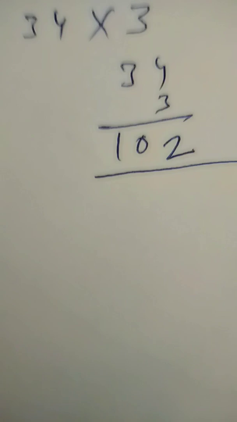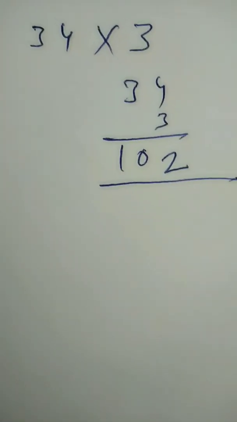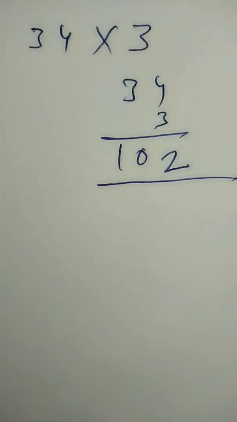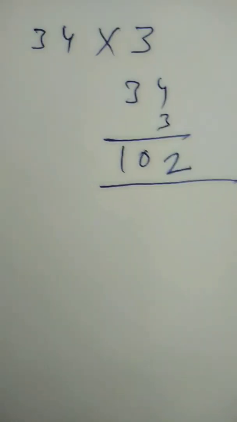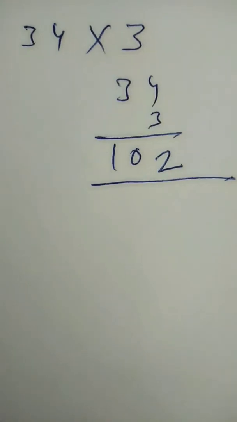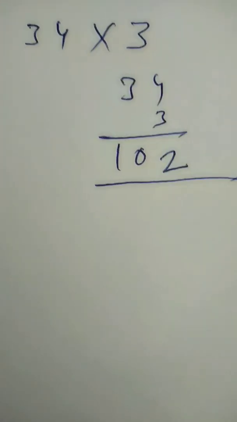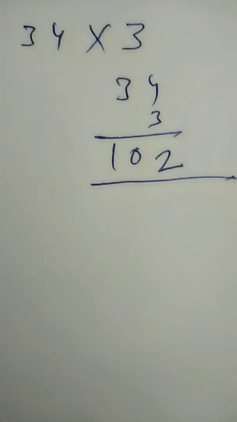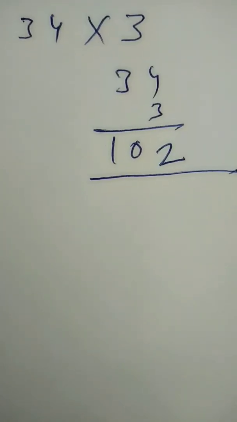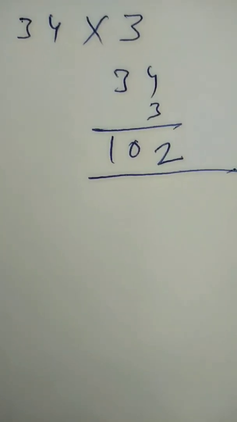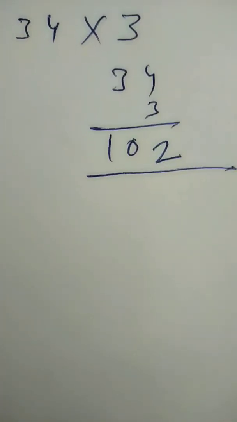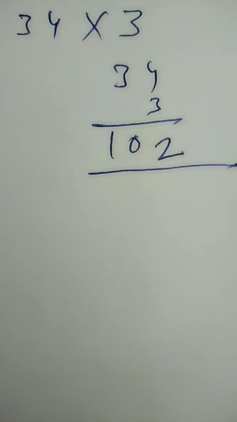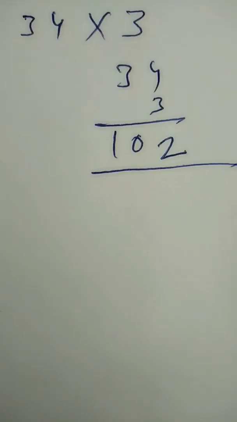Now let us suppose the numbers are in decimal. In that case, how can we multiply it? So dear students, it's quite easy. Nothing to worry. The law of multiplication remains the same, right? Only a new concept is added here, that is the use of decimal. That's where we use the decimal in the multiplication.